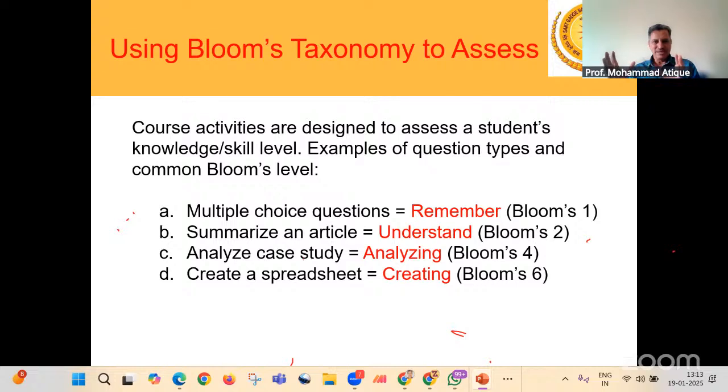If you are asking the student to summarize an article, you are working at level 2, that is understand. If you are analyzing case studies, you are working at level number 4. And level 6 is creativity, right? So we can very well design all these sorts of questions with the help of certain ICT tools. That is what I am going to demonstrate as far as this session is concerned.